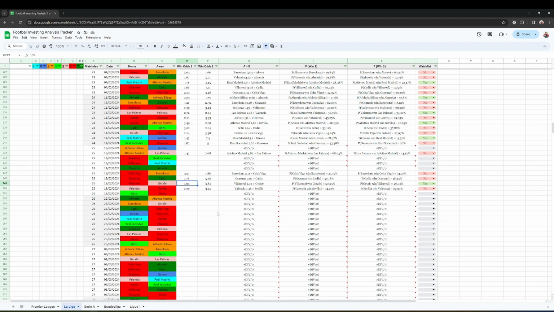Villarreal against Getafe. Now moving on, Rayo Vallecano against Real Madrid. What can we expect here? 5.47. Real Madrid being 1.63. Pretty generous, I would say, but not that valuable of an investment, I think. 1.63, 61% chance of beating Vallecano at home.